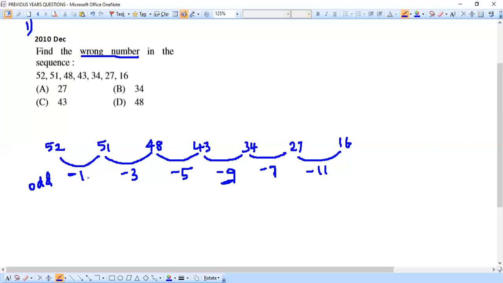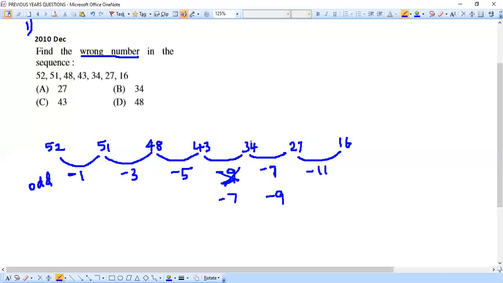See here, I'm getting minus 1, minus 3, minus 5. Actually, by logic, what number should come here? Actually, you just think of that. I'm getting minus 9 here. Actually, by logic, what number must come here? I must get the next odd number. After minus 1, minus 3, minus 5, I should get the next odd number, that is minus 7. And only then next to minus 7 I should get minus 9, then minus 11. Is it or not? So this is the proper order. But unfortunately, what we are getting in our sequence is minus 1, then minus 3, then minus 5, then immediately we happen to get minus 9.